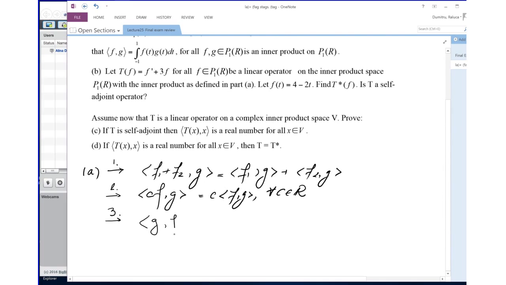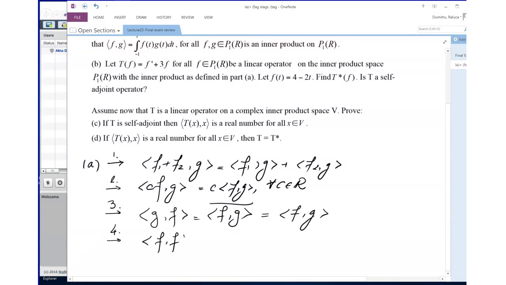If you switch the order you should get the complex conjugate. Or in R, we're in R, so here it would mean switching the order doesn't change anything, and it doesn't because it's the integral of the product of the two functions. So, and 4,